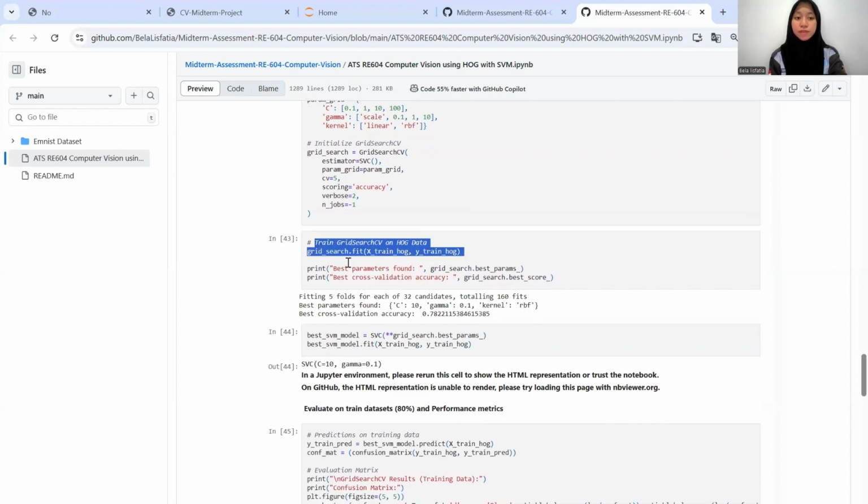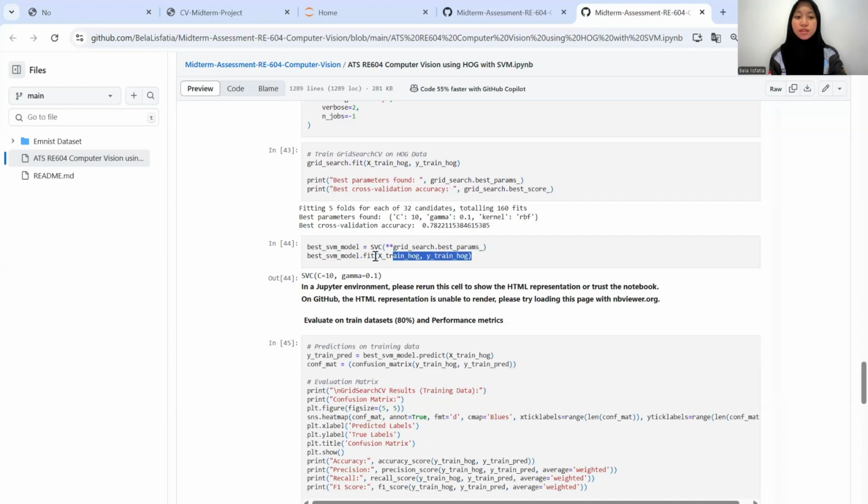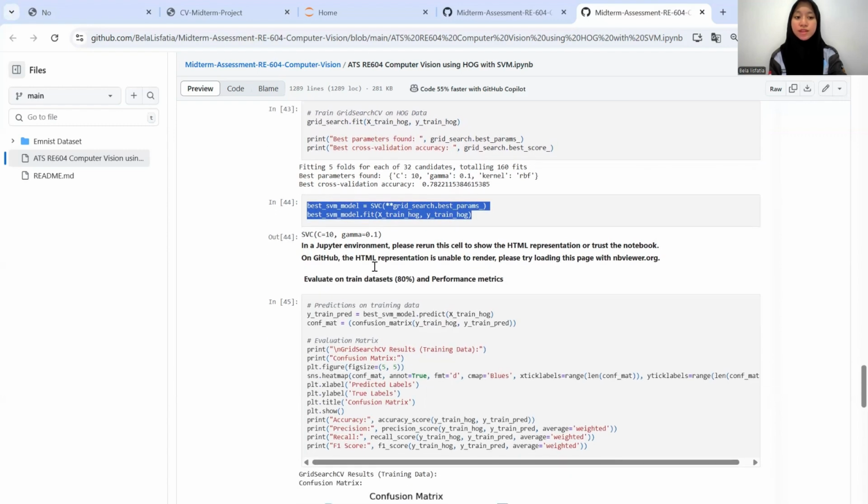Perform hyperparameter tuning using grid search CV on HOG feature data. The result of the accuracy is 0.78. It means 78%. That is, this combination of parameters provides a good model for classification, and then retrain the SVM model with the best parameters found using grid search CV on the training data.